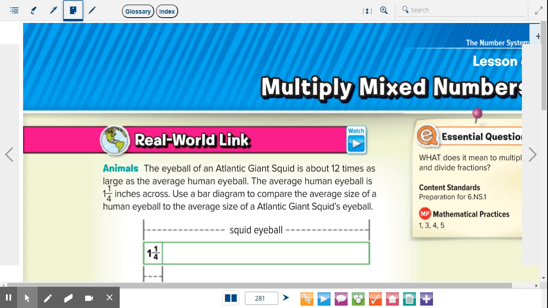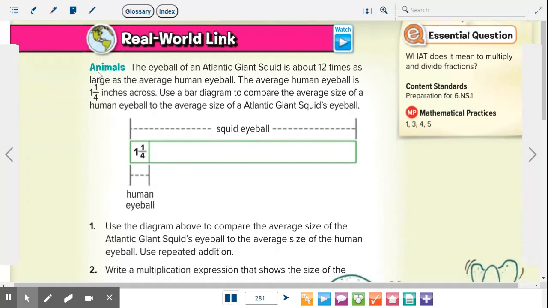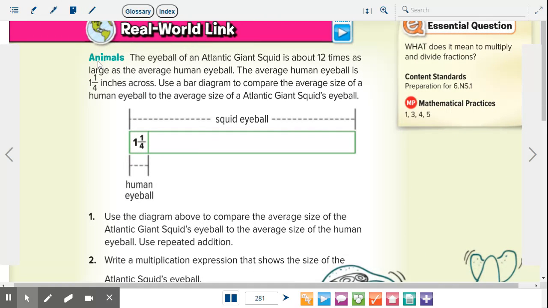Now we're going to do mixed numbers. Okay, so nothing really changes. You're still following the same rules, but now we have mixed numbers rather than just fractions. So in this real world link, it says the eyeball of an Atlantic giant squid is about 12